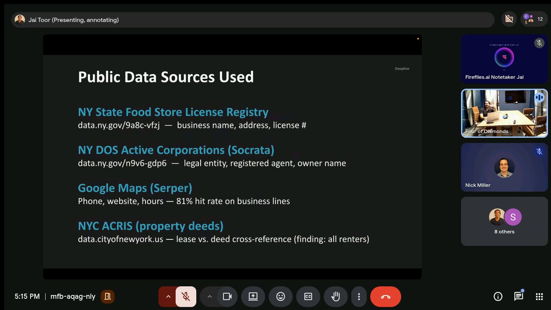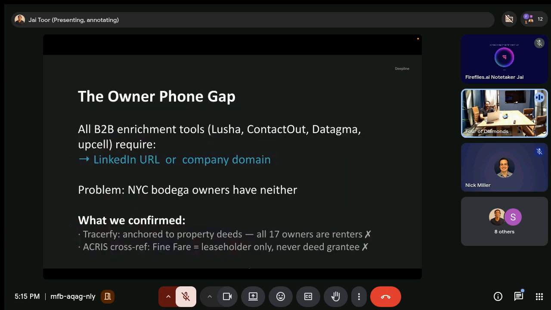And then we combined all this information, created a workflow. And the last step was getting the data sources. So here we used a tool called Tracerify first. This one looks at property ownership, and that did not work for this. It returned the real estate owner. Acris basically told us that, I, again, don't know what any of these data sources really are, but I did spot check to make sure. And we basically saw that it either showed the lease owner or the business owner. We didn't really get phone numbers from these.